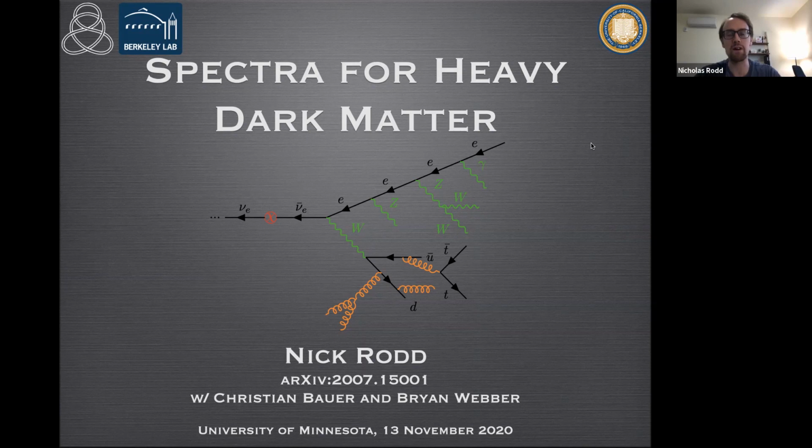So what I want to use my time today is to tell you about how you can calculate the spectra if you have very heavy dark matter. So what I have in mind here is that, let's say the dark matter of our universe is some very heavy particle. Then if it's out there, one way we could detect it is if this particle can decay, it can then undergo some large showering and hadronization process, like I'm showing you in the center of the slide here. You'll get some spectrum of stable, say, photons or neutrinos, and these are the particles you can then go and look for and hopefully correlate with dark matter and eventually make a discovery.